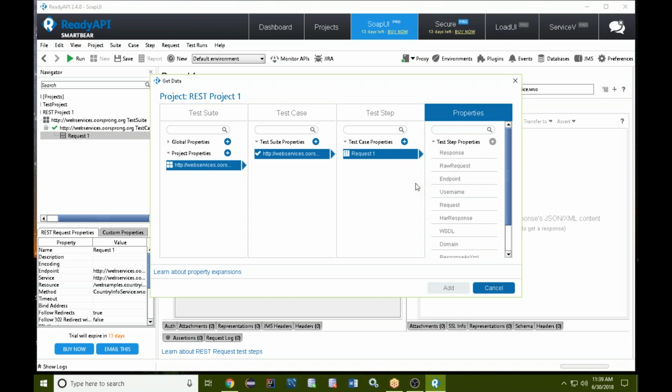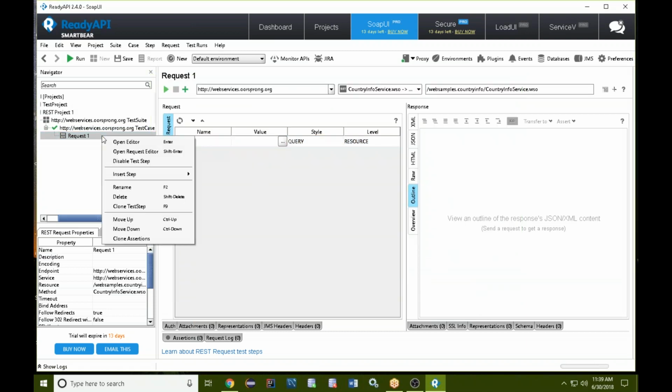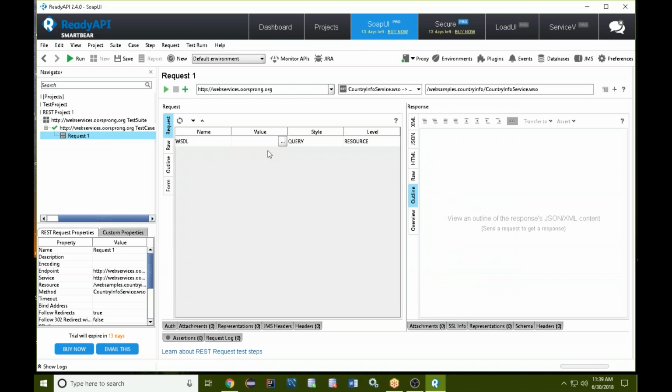No, you're creating a REST project. So REST, we want to do a SOAP. This is a SOAP. We're doing a SOAP. REST, you have to get a different WSDL URL. So